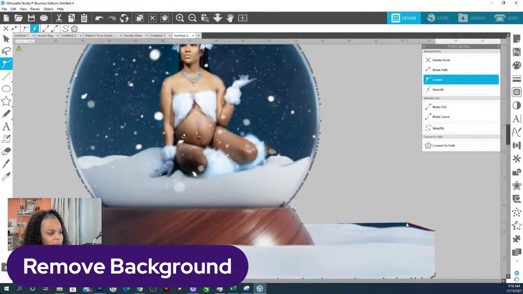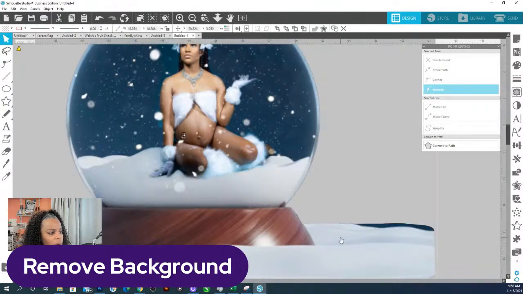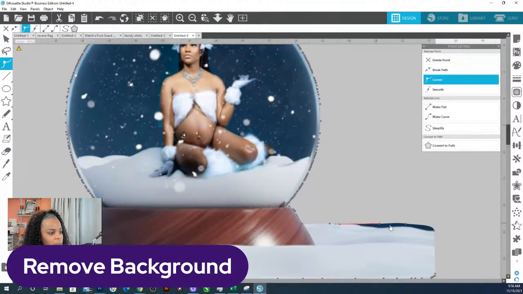And so I would just add my points around here, change them to a curve point, because on this side it has more of a curve. So I'm going to make it a curve, make them corner points, click off, double click, and